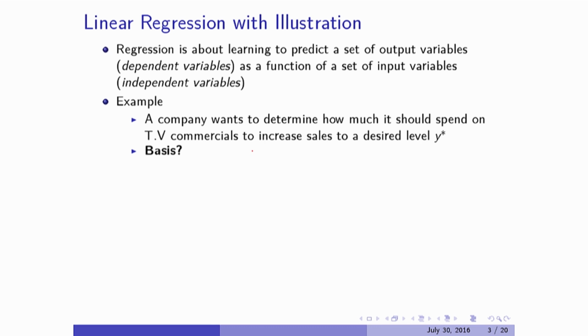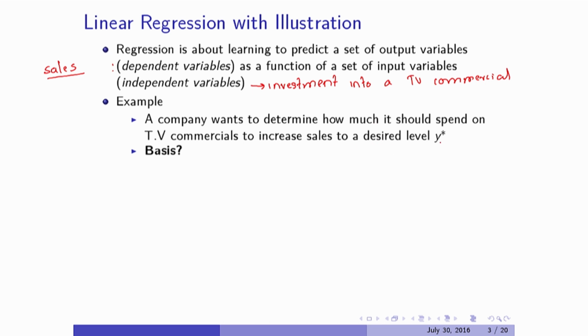So an illustration, imagine that you have some independent variable such as investment into a TV commercial. So you're running a company and you want to know how much to invest into a TV commercial. And what is the output or the dependent variable? It is basically the sales. So is it that higher the investment, more the sales? A company really wants to determine how much to invest based on a desired output level